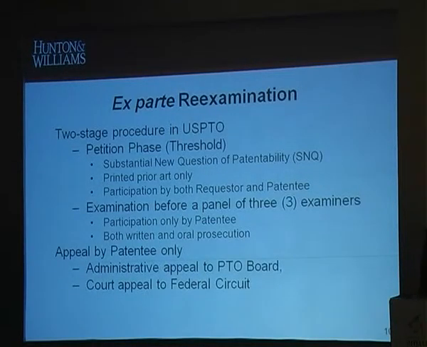Again, with a two-stage procedure, the petition phase determines whether there is a substantial new question of patentability, and there's some participation at this stage by both the requester and the patentee. Examination is before a panel of three examiners rather than a single examiner, and participation is only by the patentee and can be both written and oral. One of the consequences of that is I have found